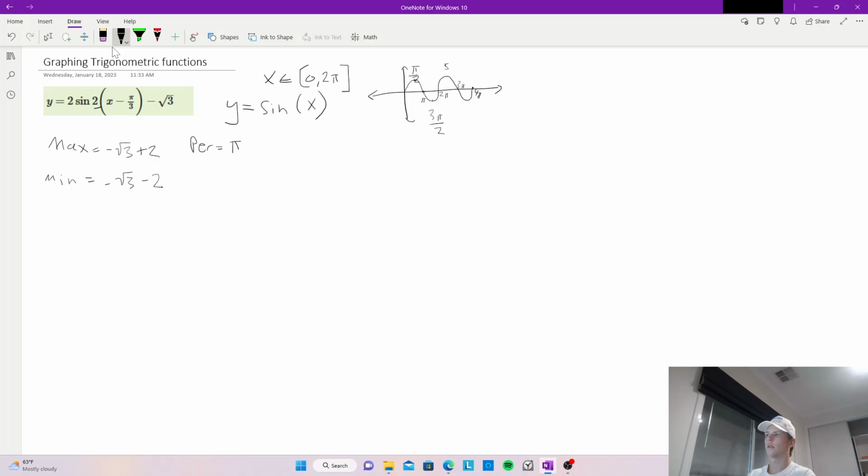This will be... I don't even know if this is right. That'll be 5 pi on 2, and down here that'll be 6 pi on 2, 7 pi on 2. Actually, I really hope that is right, because I don't even know, to be honest. And our minimum point is -1, and our max point is just 1. So we've got a bunch of common points, and then by finding the translations applied to this y equals sine x graph,